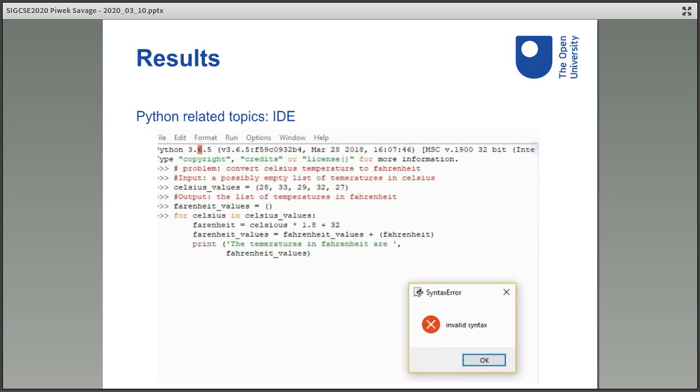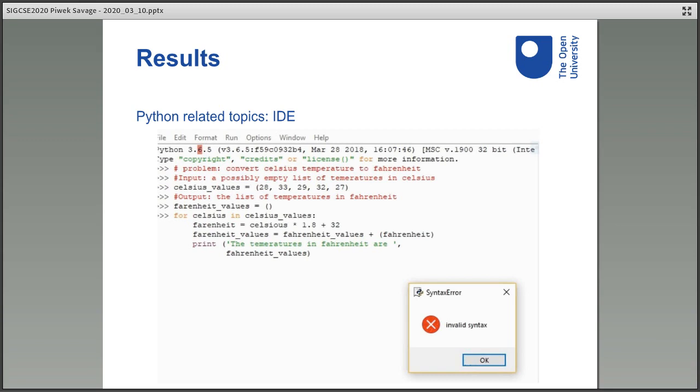As we look through these coming slides, I should mention that much of the text is written by the students, so it does contain their typos too. The IDE was a topic raised in 24% of discussions. Prominent in these was confusion between how to use the idle shell and the editor.